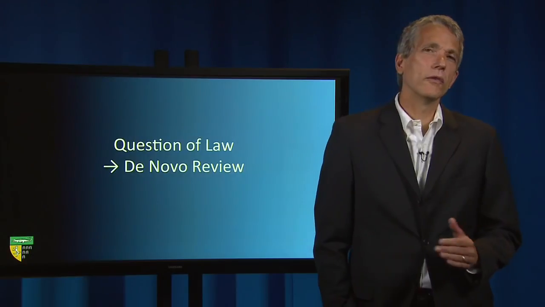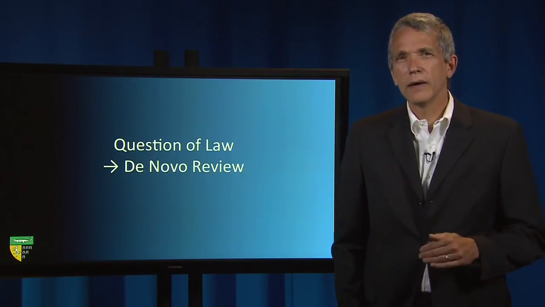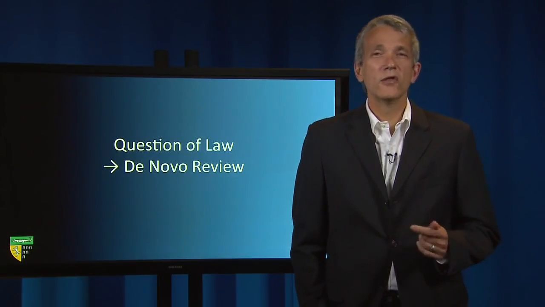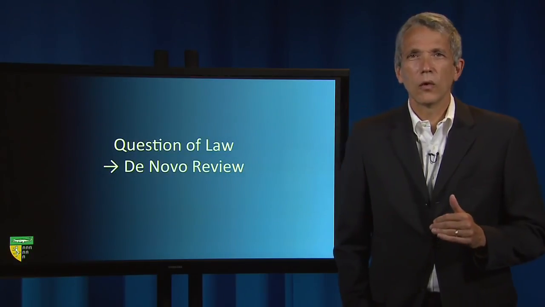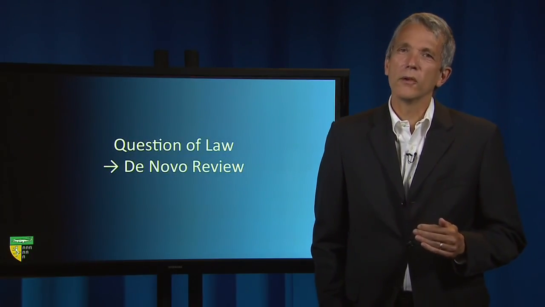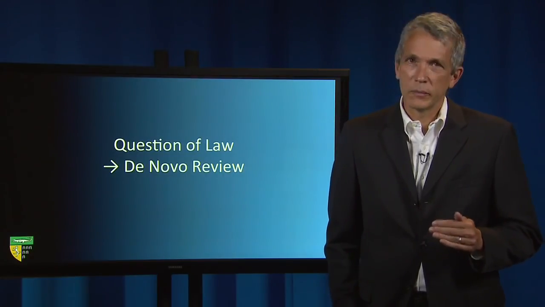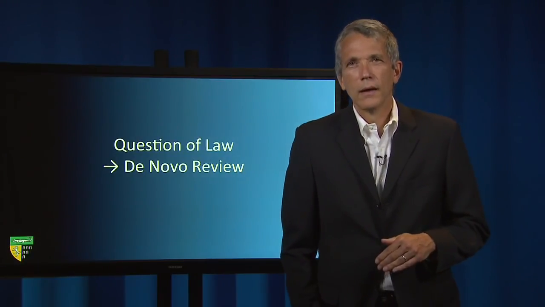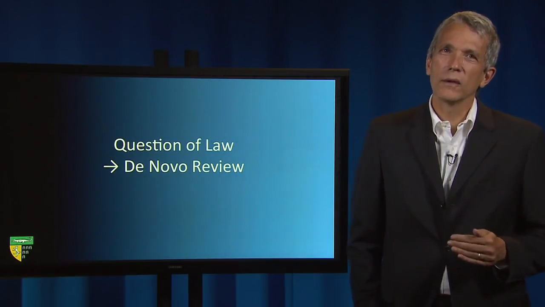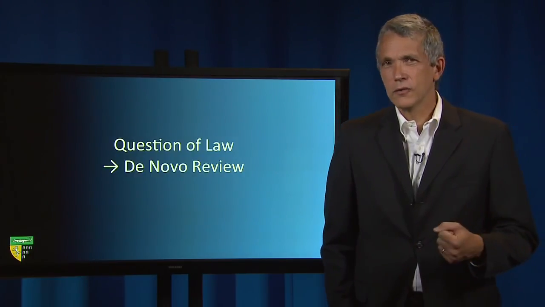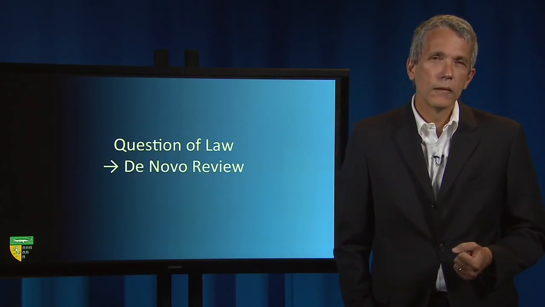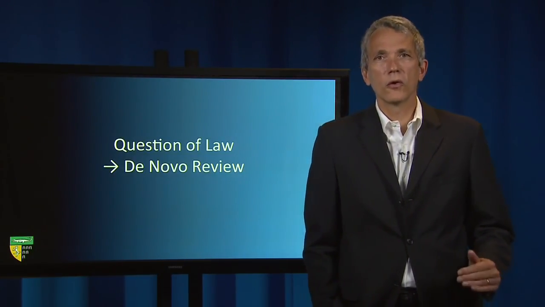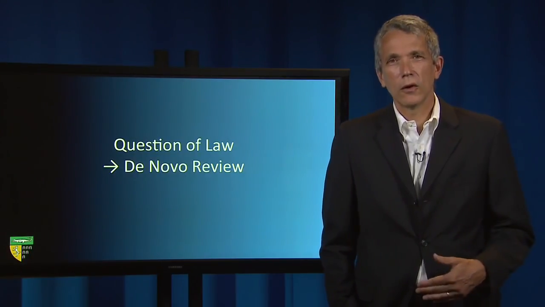In contrast to questions of fact, lower courts also make determinations about questions of law. At an initial trial, questions of law are for the judge to decide. Whether the defendant sold synthetic marijuana would be a question of fact for the jury. Whether selling spice violates a criminal statute is a question of law for the judge to decide. In contrast to questions of fact, the lower court is deemed to have no advantage, evidentiary or otherwise, in deciding questions of law. Accordingly, appellate courts give absolutely no deference with regard to lower court determinations about questions of law.